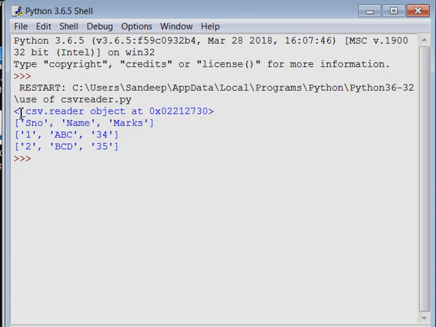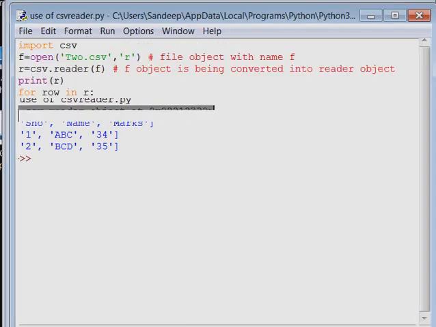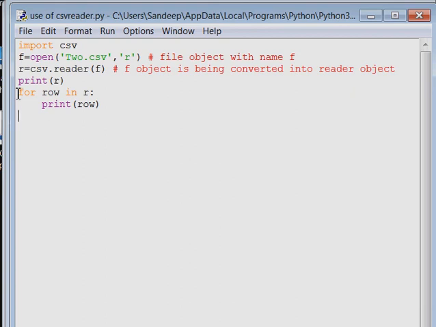See, r is giving this output. So this is not in readable format. You cannot read the data that is contained in this object. So for reading the data in this object, you need to use a loop over this object.